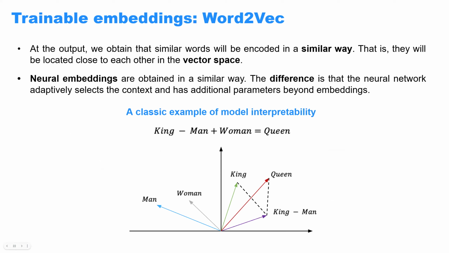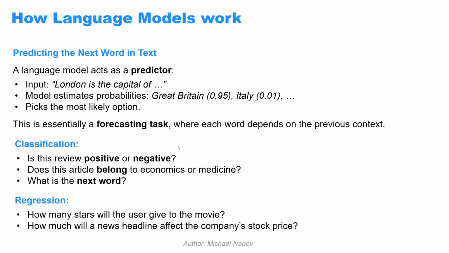For example, there's a very popular example where we have an equation: king minus man plus woman equals queen. So if the training is done correctly, this mathematics works on any word in our world, in our training domain. Okay, so